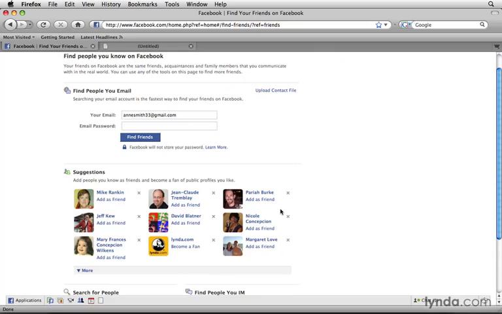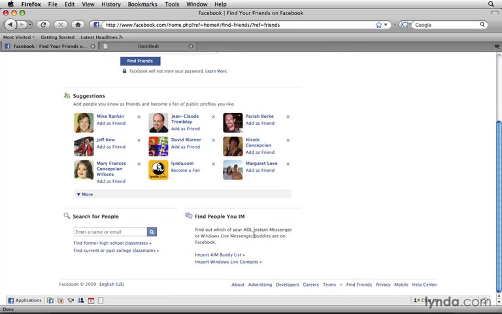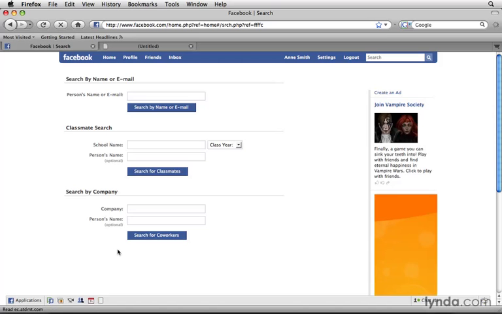These are friends of people who are already your friends, and it's thinking that you might like to be their friend as well. You can also do a search for people. So if you don't know if they're on Facebook or not, or what their Facebook name might be, you can enter their email address. Or if you know that they work at a certain company, you can enter that company name. Let's just say find current or past college classmates, because clicking any of those links brings you to